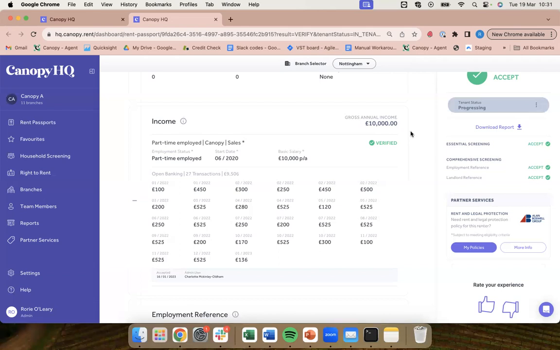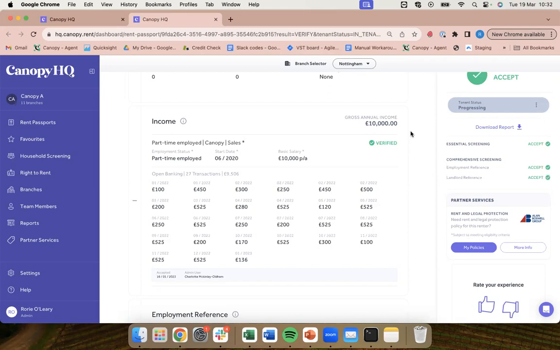So I suppose it's important to note, first of all, that this connection does not allow us access to everything on an applicant's online bank account. The applicant is always in control of their data. So they will be asked to select the transactions that they want us to see and that we need to see. So they'll select their salary payments, they'll pull through to the platform, and we can then see only those salary payments. So 9 times out of 10, if an applicant uses that open banking connection, we're actually getting a little bit less data than if they provided us with a payslip or a bank statement, for example,